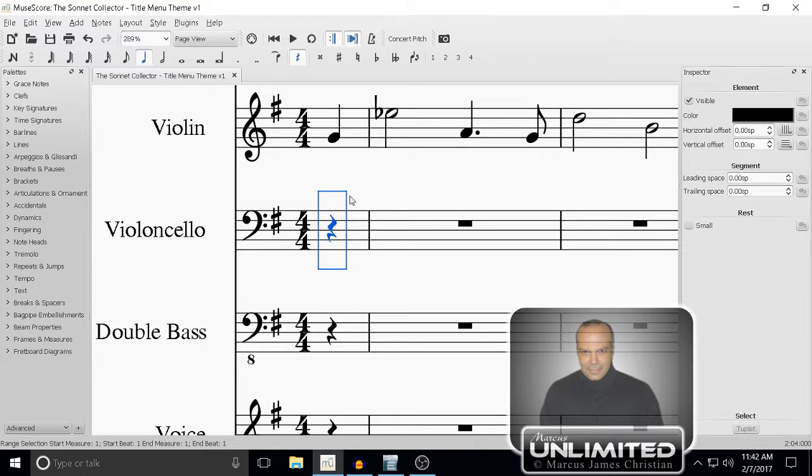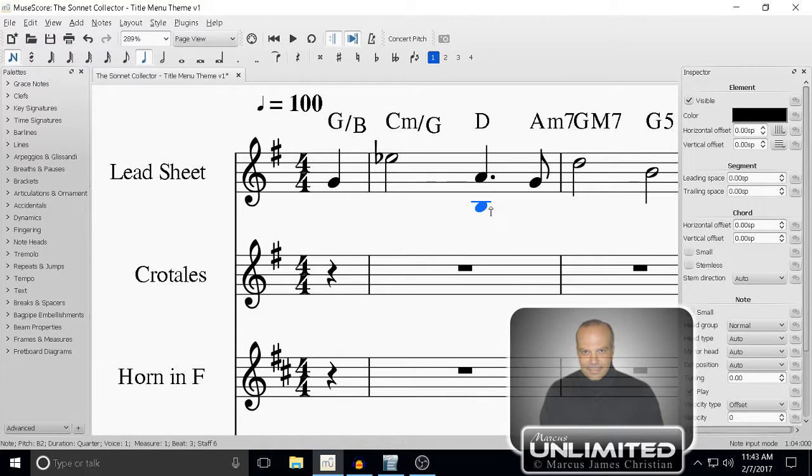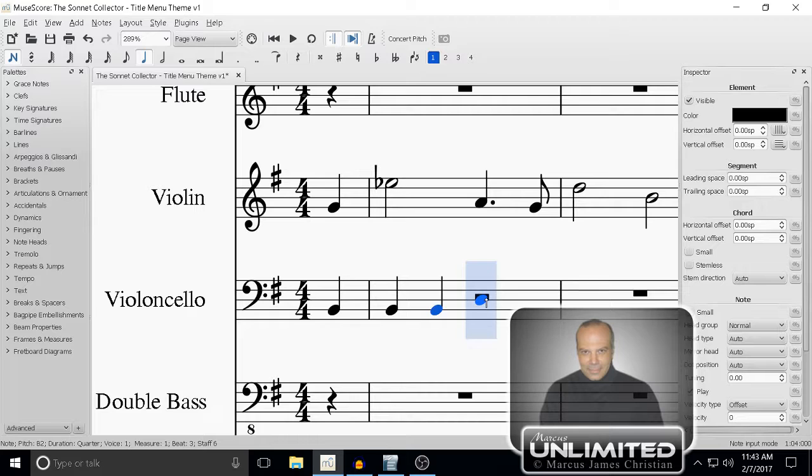And we're going to come in here on our cello and bring in some staccato, and I'm going to show you a really cool feature in this. We're going to come into the next one there, which is, what do we have up here? A D, so we got a root of D, A. Let's go with roots for now. D, A, G, D, and then